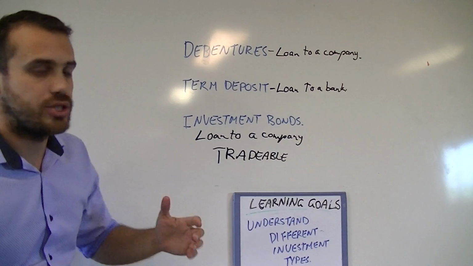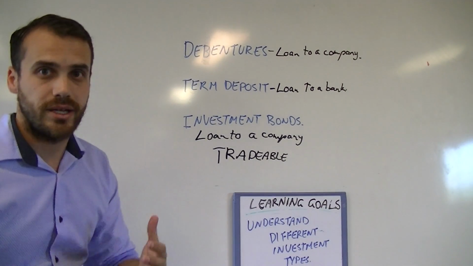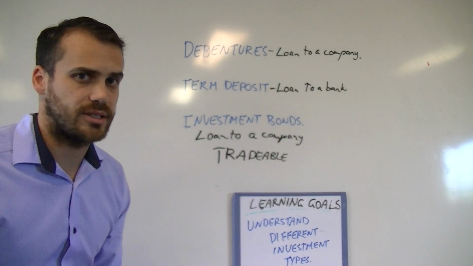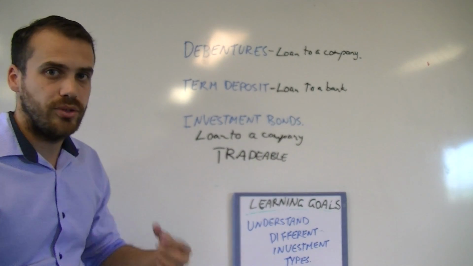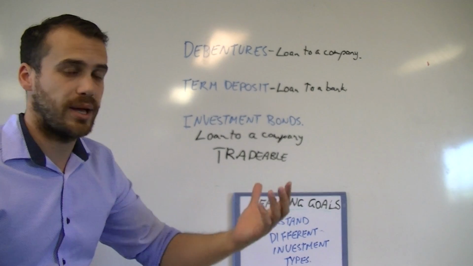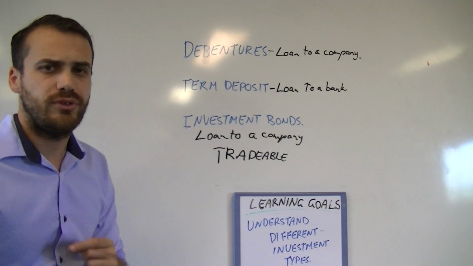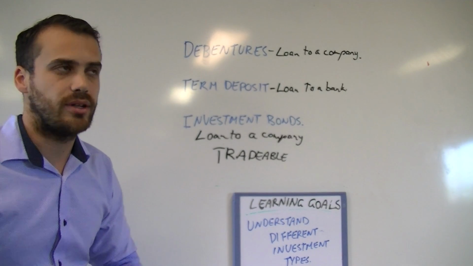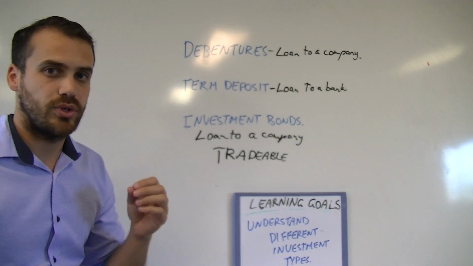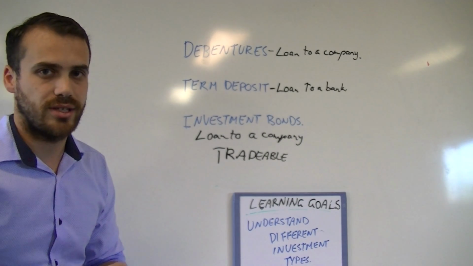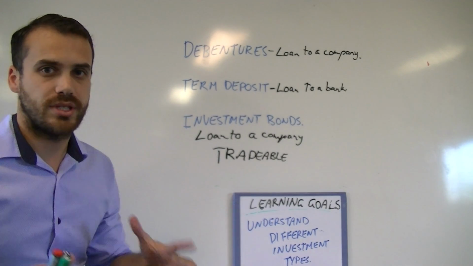Okay, so in a debenture, you lend a company money for, say, 2 years. They've got that money for 2 years and you can't access it. With an investment bond, what happens is you lend that company money for, say, 2 years. But if you decide over that 2-year period, oh, I really need that money back, what you can do is sell the loan to another investor.